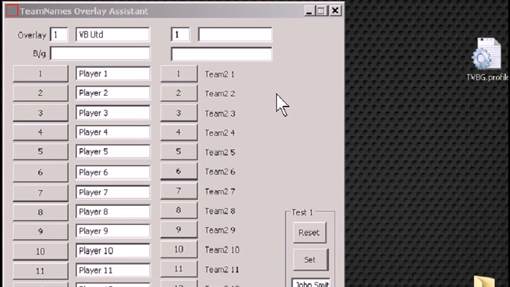And in this particular case, I'm going to use overlay number 4, so we'll change that to overlay number 4. And my team is going to be the Biscuits. And I'm going to say that player number 1 is me, Tom Sinclair. And player number 2 is going to be Martin K.